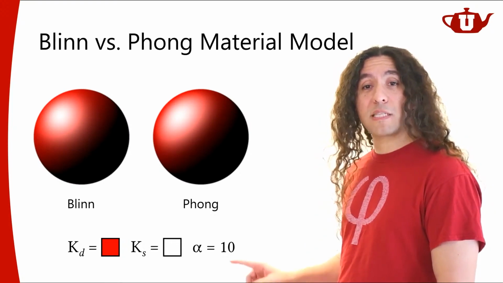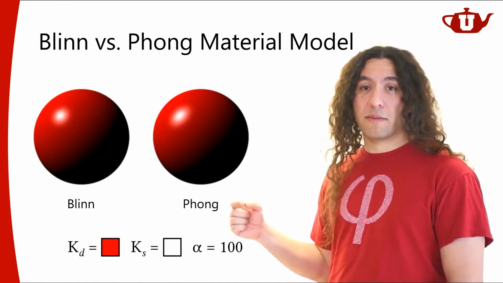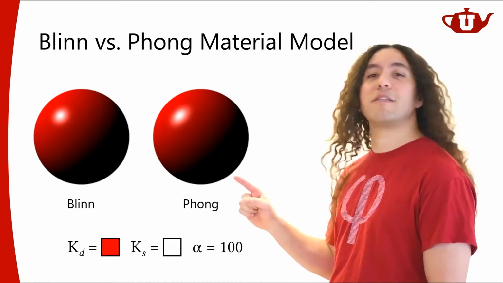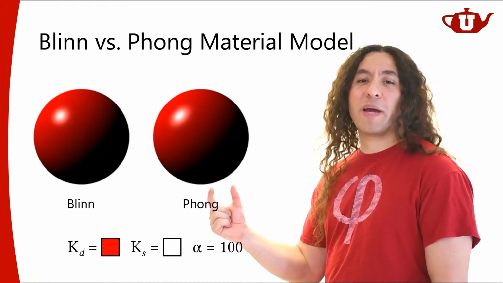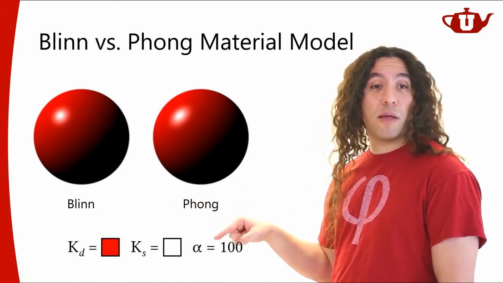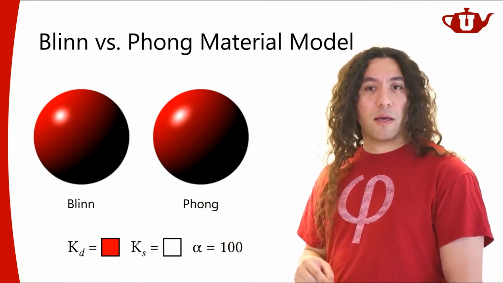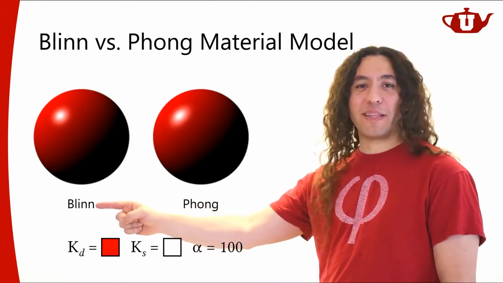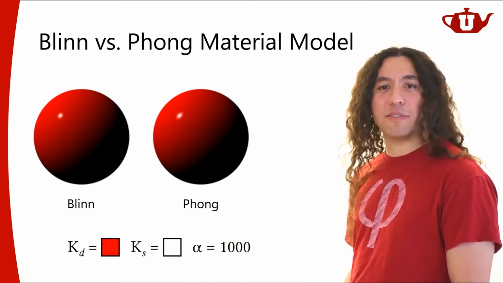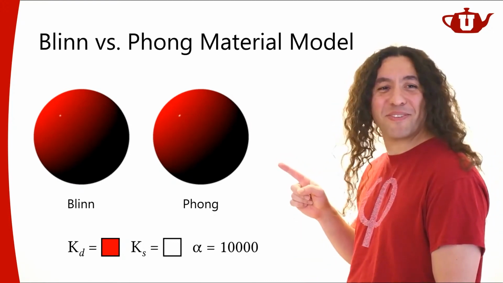So if I crank up this exponent, both of them will get smaller. Again, they're looking at different angles, so if you want to get similar looking specular reflection size with Blinn and Phong, you should use different alpha values. But I'm using the same alpha value for these two just so that you can see how they differ. This is going to have this sort of elongated shape, and this is again having the circular shape. And you can even see it if I crank it up to 1,000. Over here at 10,000, I'm not sure that you can see, but actually there's a little bit of difference, right?